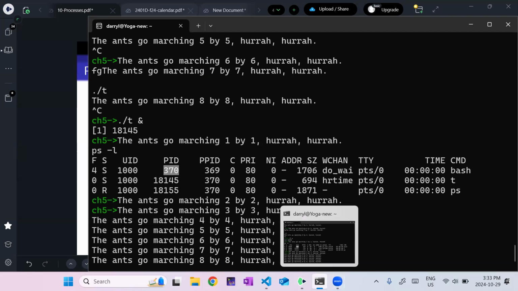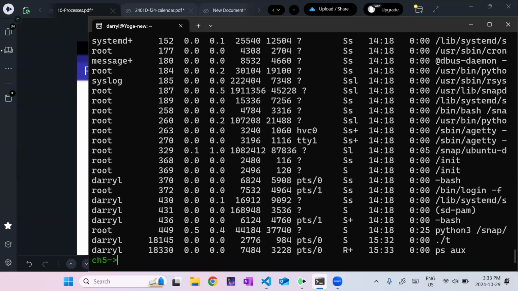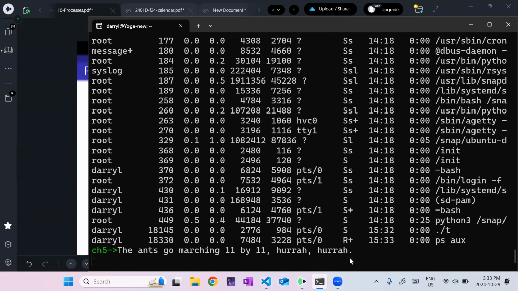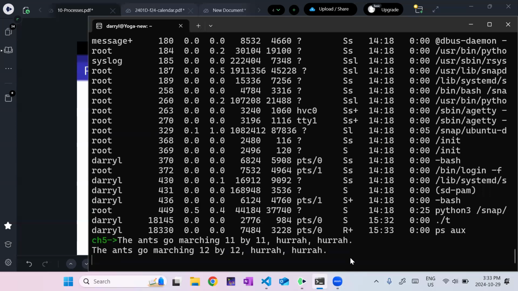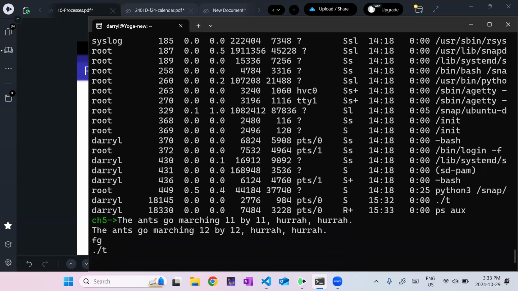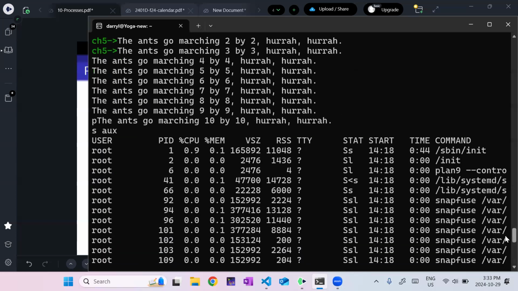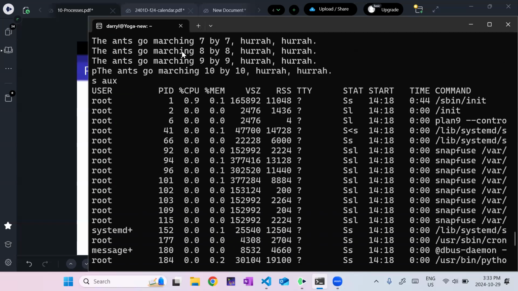There is PS aux, and this gives me a lot of information. Which job is this? Can I just foreground? Okay, so the PS aux gives me a bunch of information, like tons of it. So I can see basically every process that's running and the user. So I have a bunch of background processes, init, running as root.